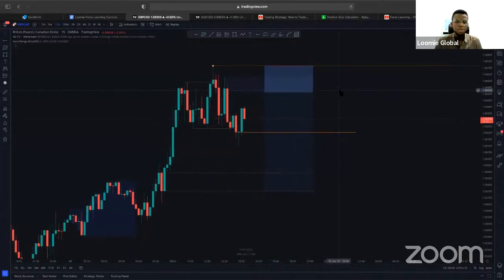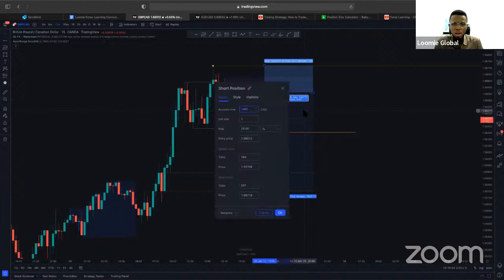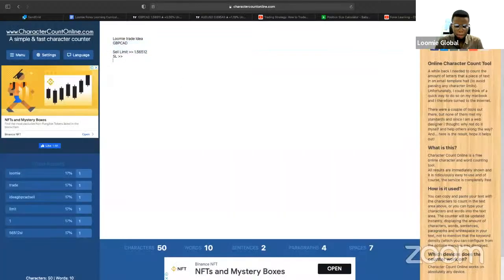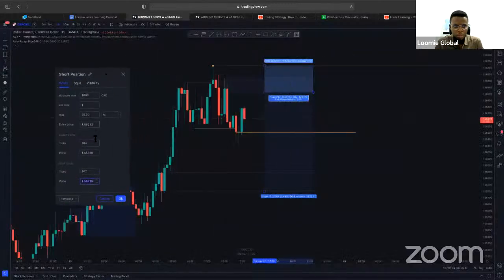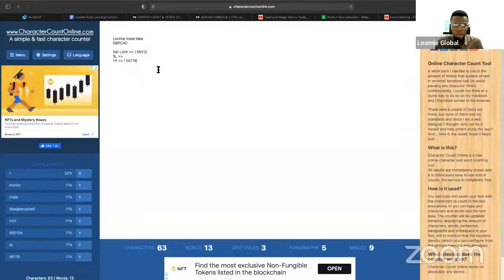Let me know if you have set that up, everybody. So we're entering with 0.37 lot size on GBP CAD, and then we are going to set our TP right here. So let me put everything in one place and post it again. Where is the stop loss? Oh, wait. Sorry, hang on, that take profit is wrong.